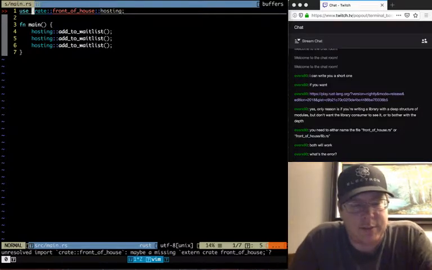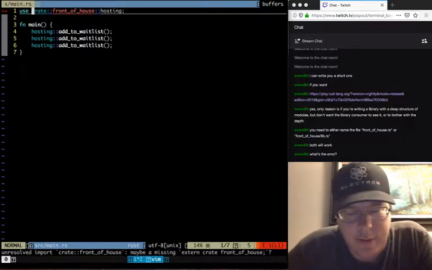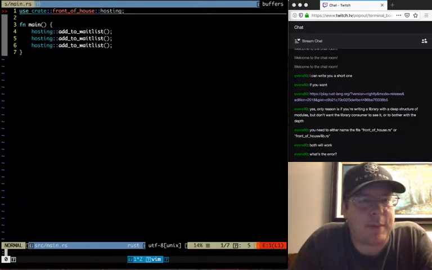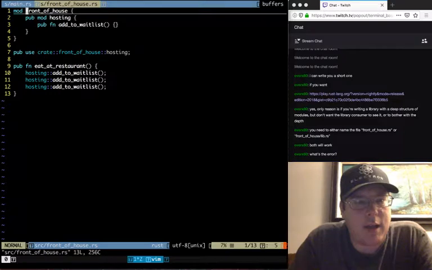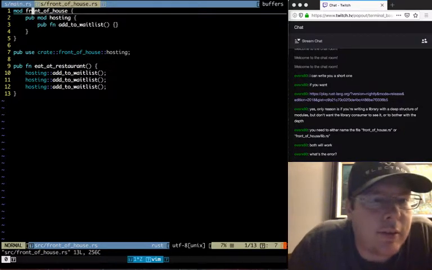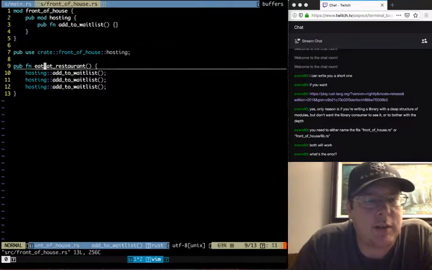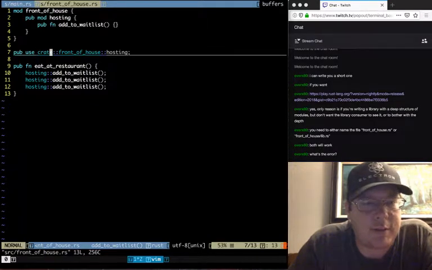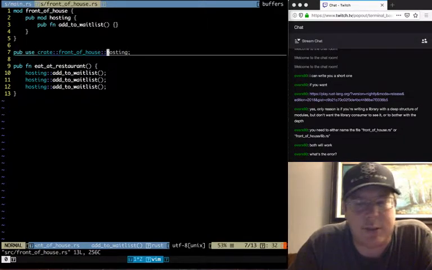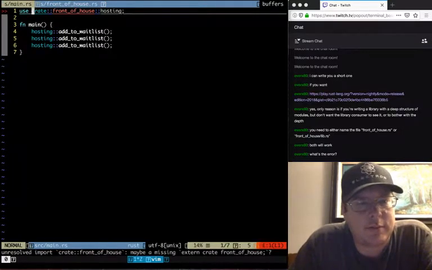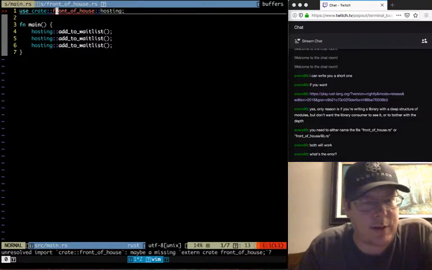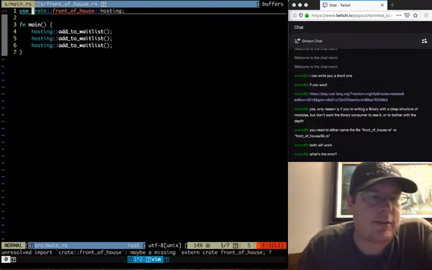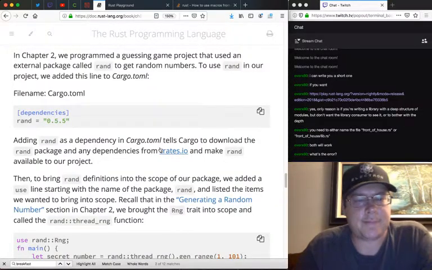What's the error? So the error is we can't import crate front of house. Says maybe missing. Mod front of house. Front of house. It's the same both places, and then we use crate front of house hosting as hosting. I don't want to get too caught up in that. I just want to know how to import or use a module from within the same crate. Anyway,